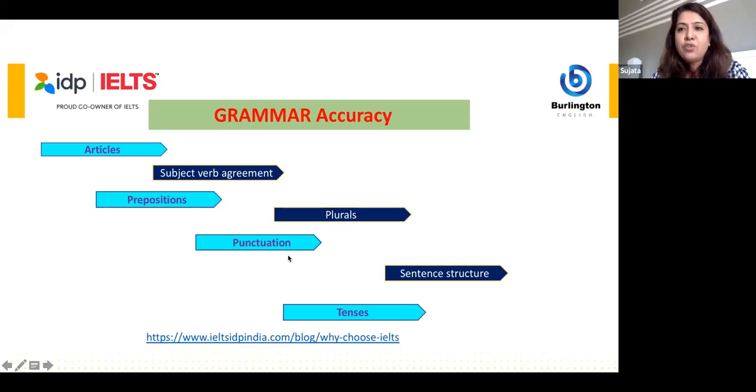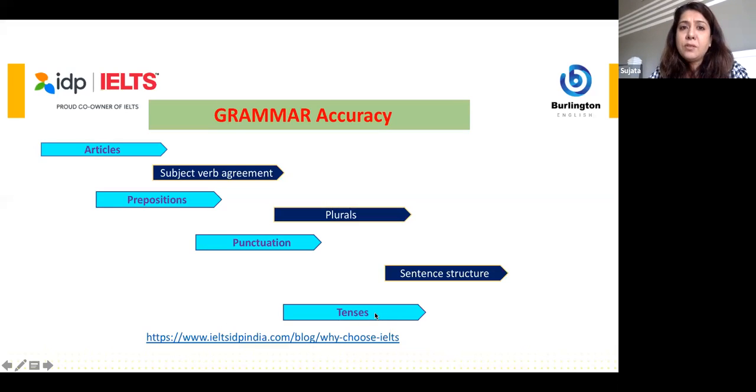Today, I'm not teaching grammar for parts of speech. Today, I'm going to be looking at complex sentences, but this slide is very important so that I pass on a message. You cannot compromise on grammar if you need a good score. Grammar is one of the main ingredients that make sentence structures communicative. So please make sure you know your slips and work on them and make them your strength, not your losing